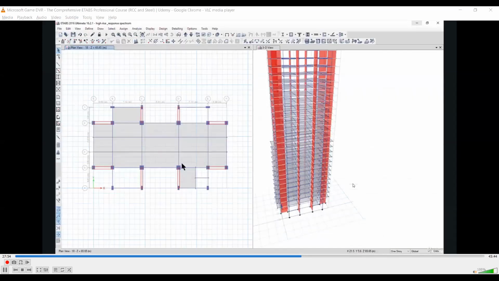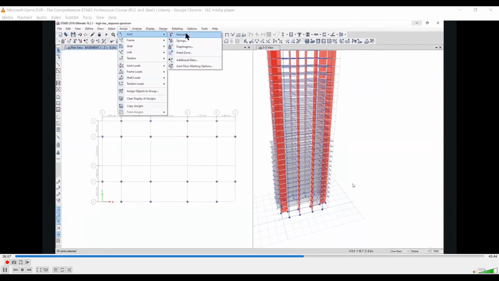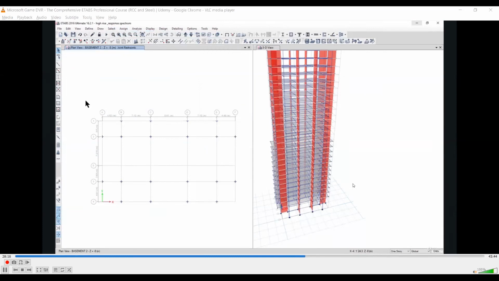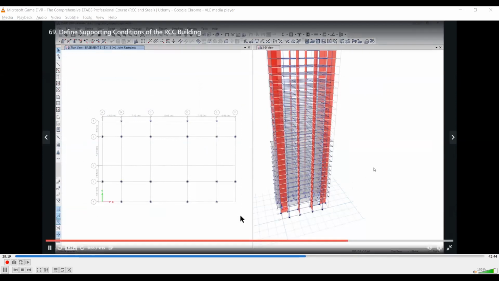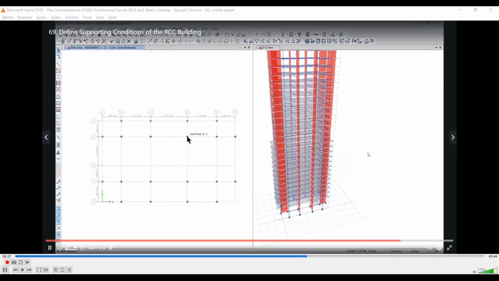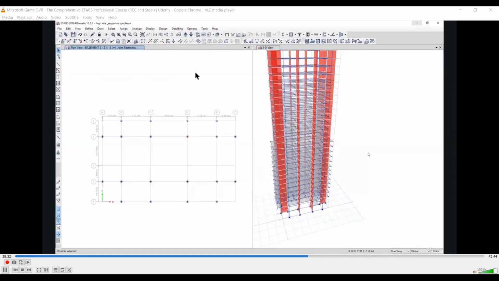We go to plan, left click on basement 2, apply, and then close. Now we select all the joints by drawing a window. We go to assign, joint, restraints. Then we select the fixed restraint in which all the translations and all the rotations are restrained. Left click on apply and then close. So now we have assigned the fixed support to the foundation base. We can also cross check what exactly we have accomplished by right clicking on this point. We will see that the restraints are now correctly applied. Make sure that only one story is selected, not all stories.